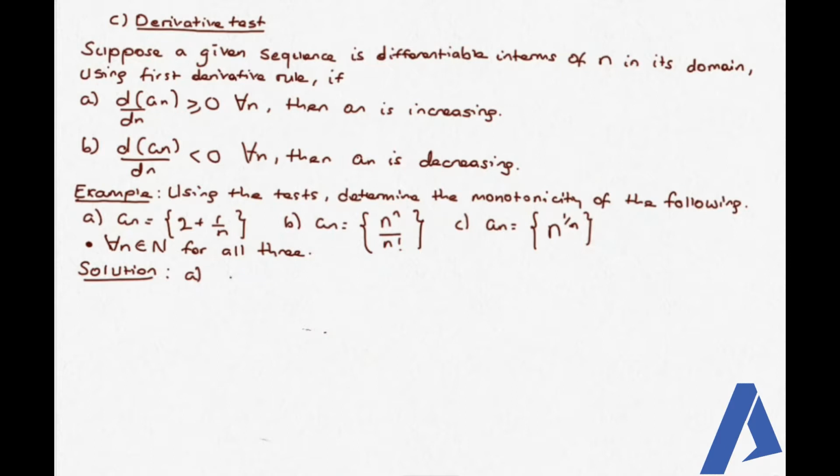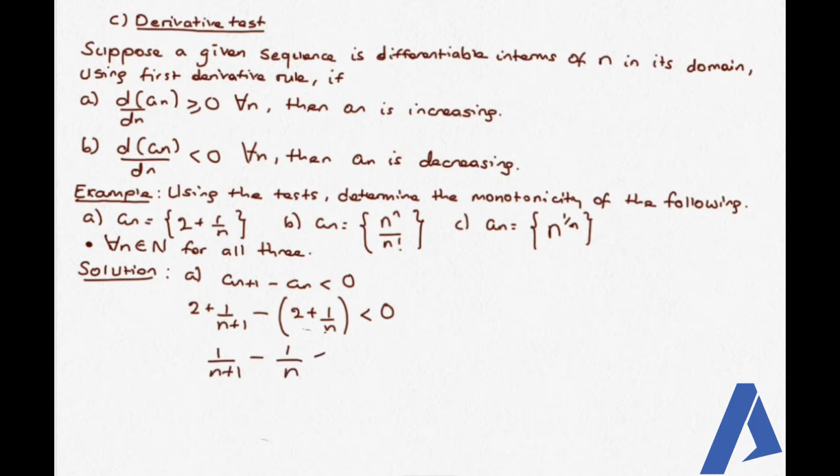ዲክሪዚንግ ነው ብለን እንጀምራለን which means a_{n+1} - a_n < 0. ስለዚህ n plus 1 ማለት n ተርማችን ላይ አንድ መደመር ማለት ነው: 2 + 1/(n+1) - (2 + 1/n) < 0. ይሄ ሲቀናነስ 1/(n+1) - 1/n < 0. ስለዚህ ይህን ሪአሬንጅ በምናደርግበት ሰዓት 1/n > 1/(n+1) ይመጣል ማለት ነው። ይሄኛው ኢንኢኳሊቲ for all n an element of natural number true እንደሆነ እናውቃለን። ስለዚህ ጥያቄያችንን ስንጀምር decreasing ነው ብለን ጀመርን፣ መጨረሻ ላይ true መጣለን which implies that the sequence is decreasing ብለን ስለጀመርን ማለት ነው፣ ስለዚህ hence